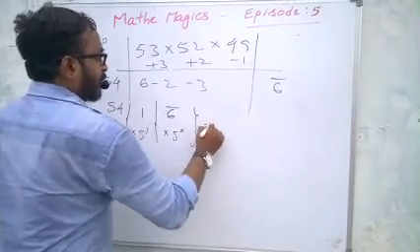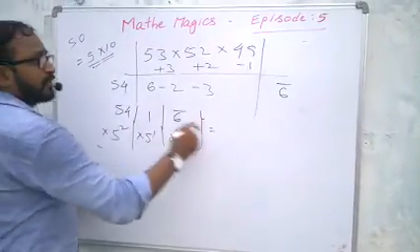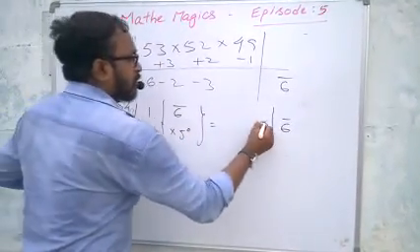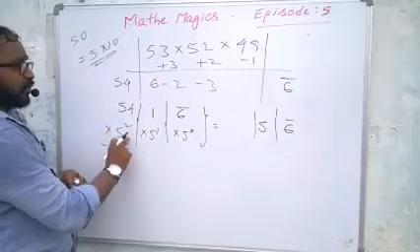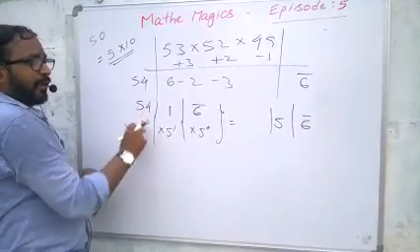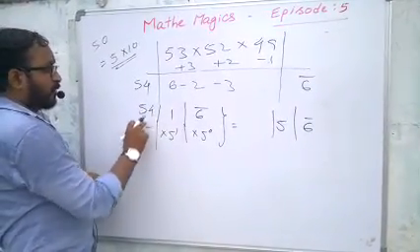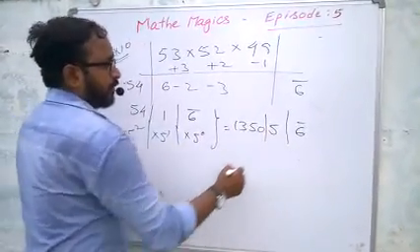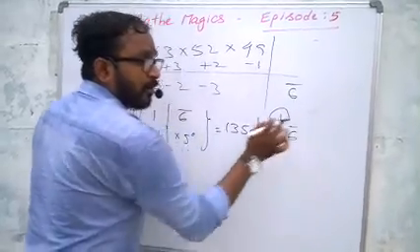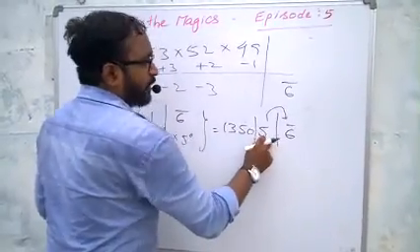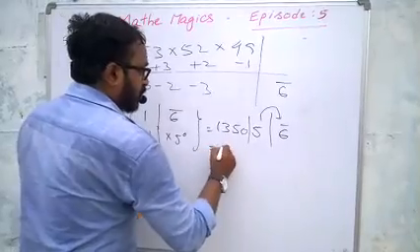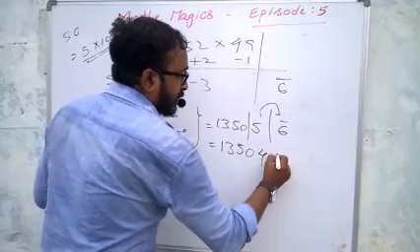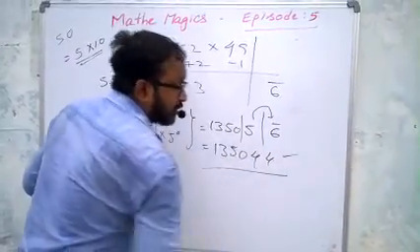So that implies 5 power 0, in the sense, 1 into 6 bar is 6 bar itself. And now 5 into 1 is 5. Now 25, 25 5s are 750, and again one more, 1250, 100 is 1350. It will become 1350. So here we have to remove the bar of 6. Send one digit, one digit in the sense 10. So 1350, 10 minus 6 is 4. That's all, the answer.